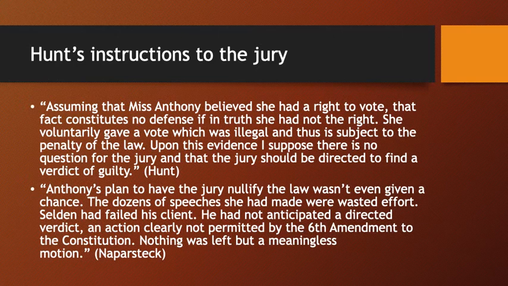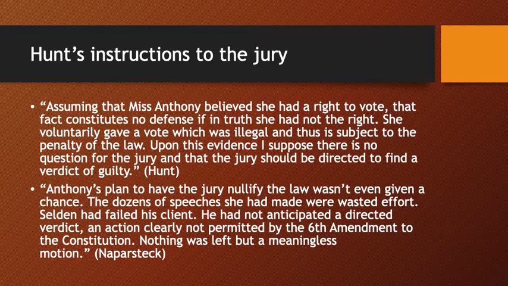This meant that Anthony's plan to have the jury nullify the law was not even given a chance to be successful. And she had given dozens of speeches around the district to make the argument that the law under which she was being prosecuted was an unjust law and that members of the jury should find her not guilty for that reason. Her attorney had failed her in his defense. He had not anticipated a directed verdict, which frankly, he had no reason to anticipate, because this action was clearly not permitted by the Sixth Amendment of the Constitution. And all that he was able to do was to make a, as it turned out, meaningless motion asking